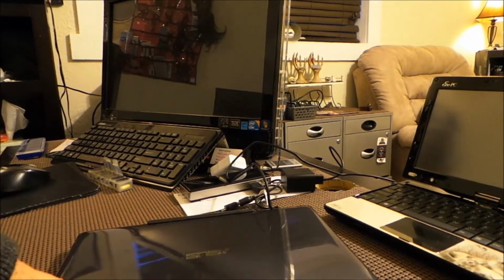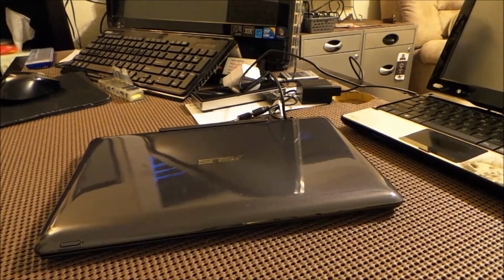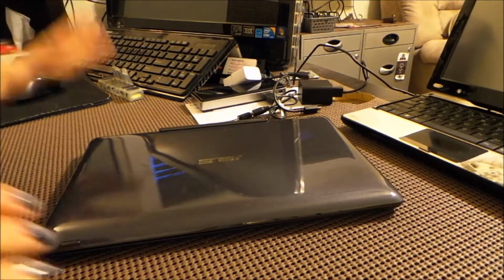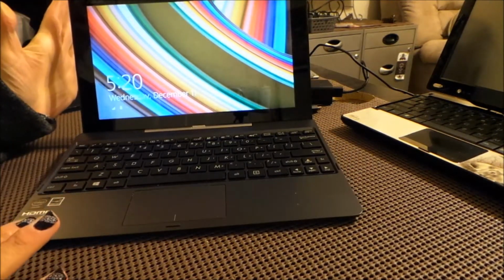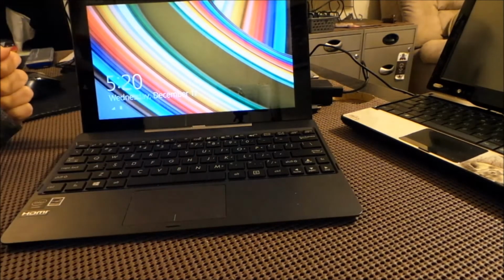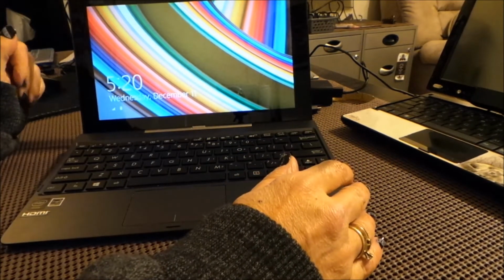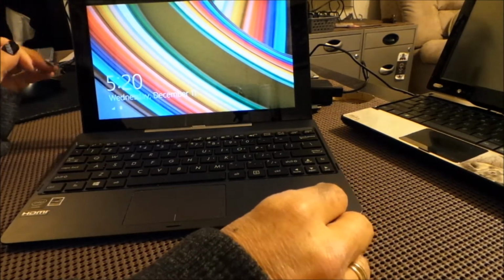Okay, so, there we go. Okay, so this I found the other day. And yes, it's a fingerprint magnet, but it's so nice. So it's an Asus netbook. It's a 10.1 inch screen. The colors pop, really pop. And even though it's a 10.1 inch screen, the resolution is only 1366 by 768, which we're